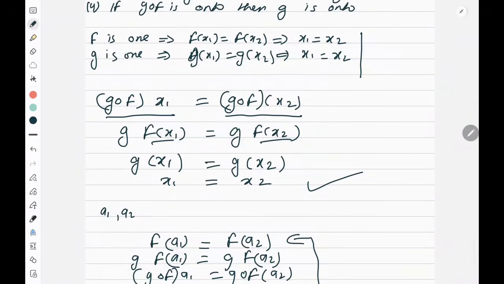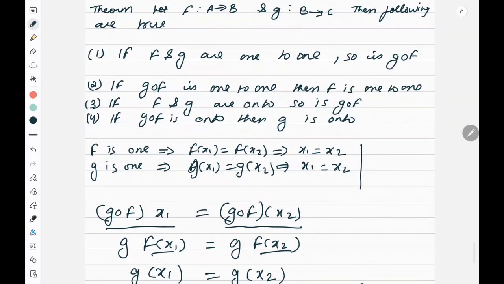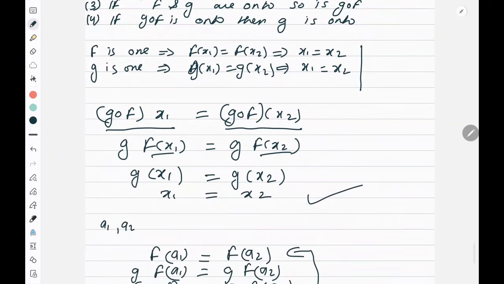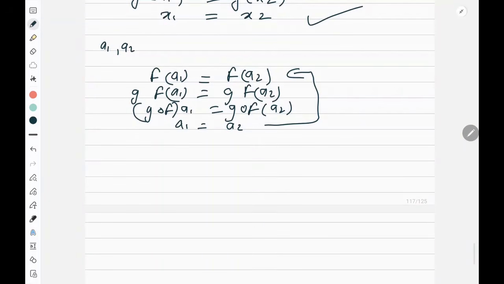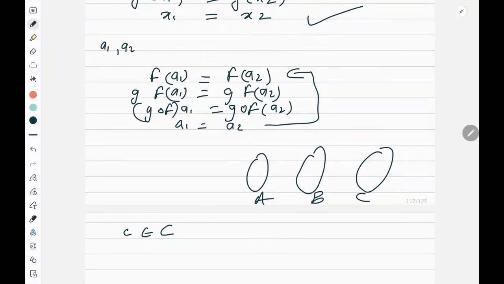Right? Now what is the third point? The third point is: if f and g are onto, so is g∘f. For this onto, I'll say let c belong to capital C. I have three sets, A, B and C, so I'm saying let c be somewhere here. Since g is onto, we know that g is a mapping here and f is a mapping here. Now g is given onto, so for every c sitting here, there must be a b sitting here. So there is a b in B such that